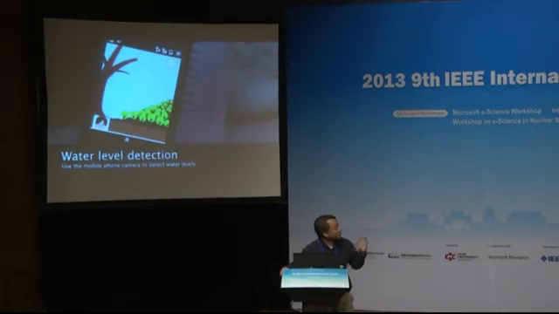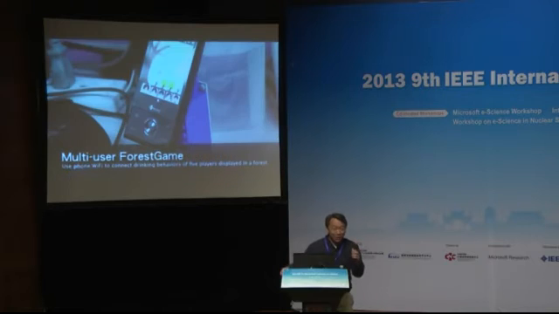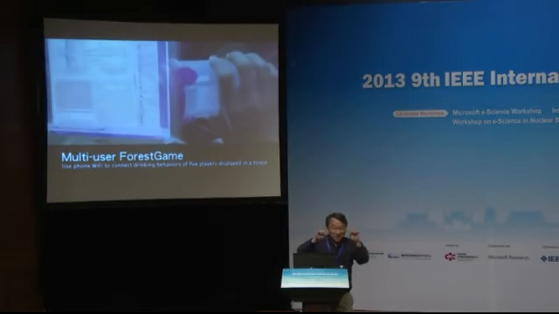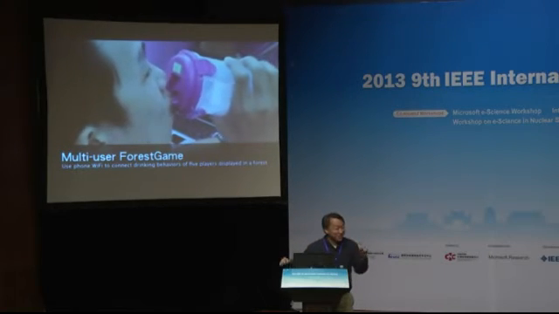So now it's showing you the sensing part. You can see that at the backside of the bottle, we put pattern markers. This is to make it easier to detect the water level. What we found is, like in Taiwan, many people like to drink warm water, and warm water will create vapors. So the camera cannot take a very clear shot. So we need to have the black markers to help us.